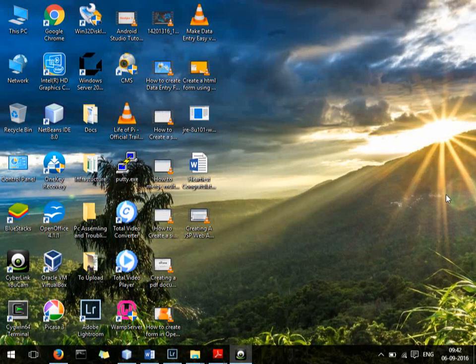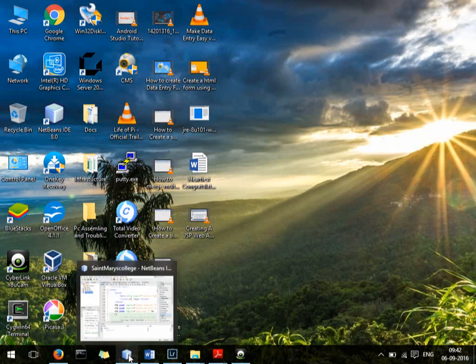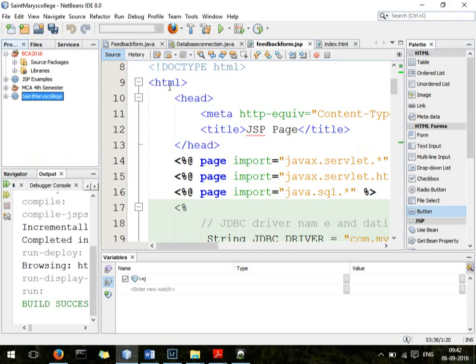Good morning. Today we will be seeing how we can connect to JDBC using NetBeans. Alright. So here, first of all, the code is already written over here, but I'll just repeat the entire thing, what happened here. First of all, you will go to your project folder. So right now this is the project folder.